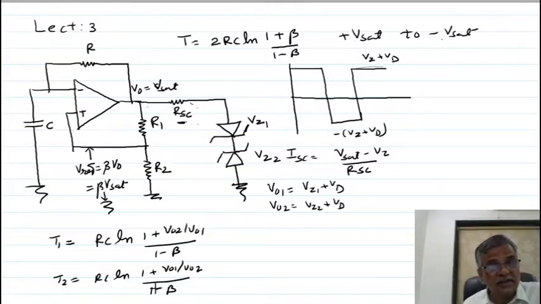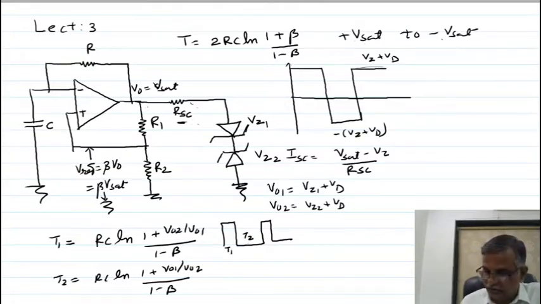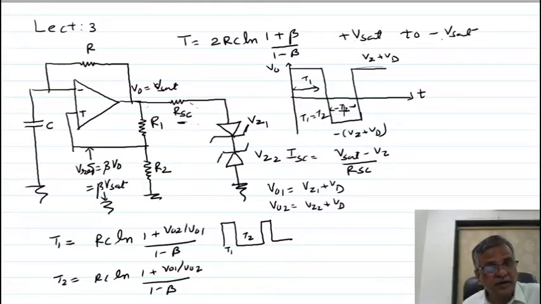So if you want to get an asymmetrical square wave, you understand, the pulse width is not the same. This is T1 and this is your T2. Here it is the same pulse width. This is your T1 and this is your T2. So T1 is equal to T2. But if you want to get the asymmetrical